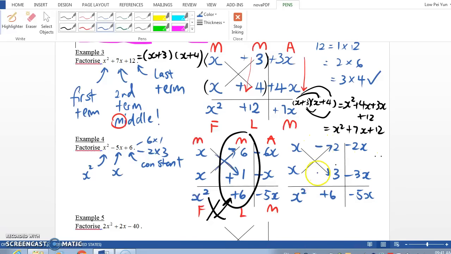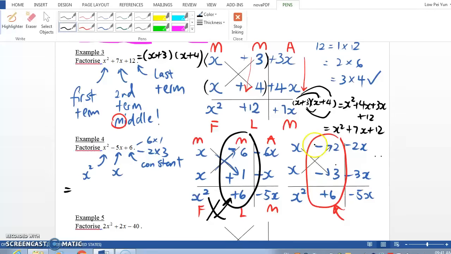So putting the sign, and when I check, aha, -2 times -3 is indeed positive 6. So class, you have to take note and check the sign over here where you multiply to get the last term. So our answer is going to be